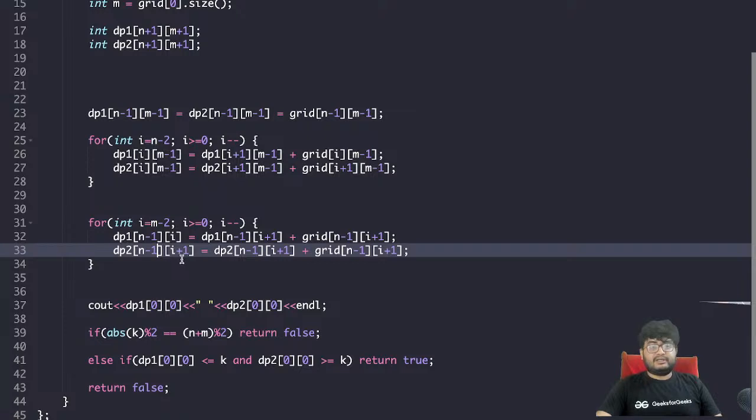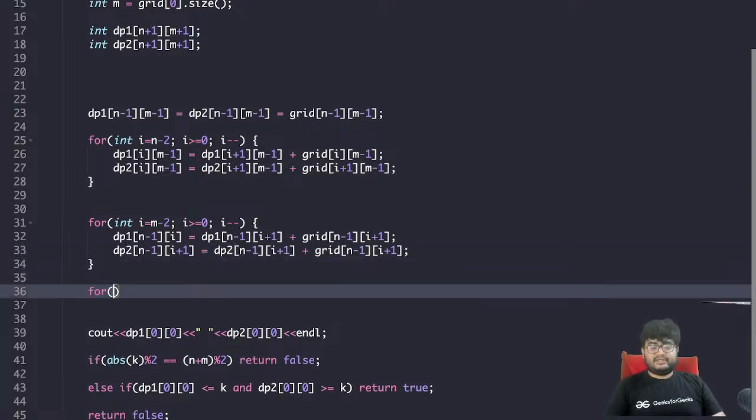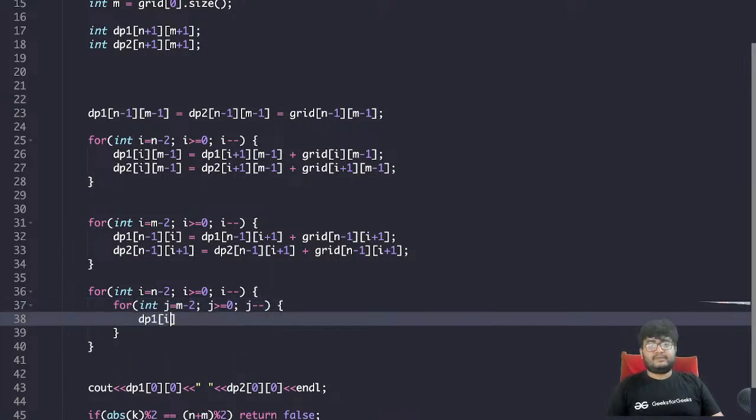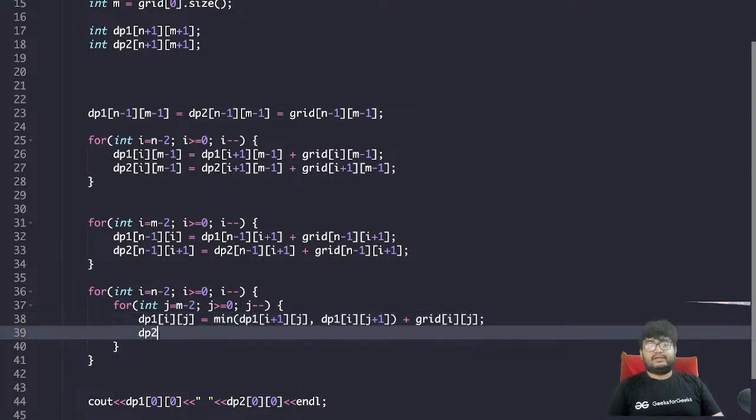Okay, where is the entire dp? Anyways, let's write it again. For int i equals n minus 2, i greater than or equal to 0, i minus minus. For int j equals m minus 2, j greater than or equal to 0, j minus minus: dp1 ij equals max, min, dp1 i plus 1 j, dp1 i j plus 1, plus grid ij. dp2 ij,